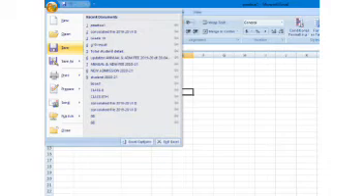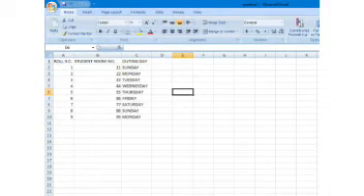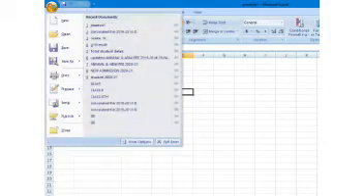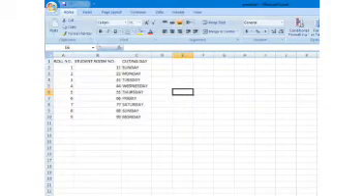By clicking on save, it is saved. Alright, if you want to do some changes in your data, after that you want to save that data into your laptop or your desktop.